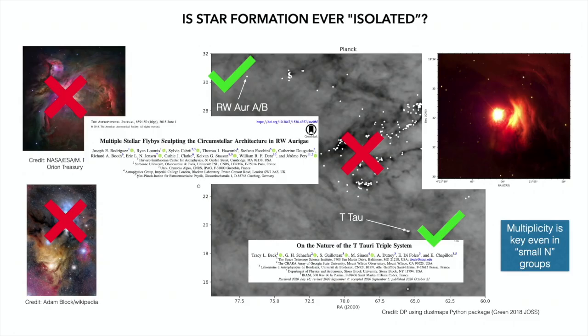So I hear the argument that the simulations are too dense, but clearly in observation we see even in very isolated regions that multiplicity is the story and there's observationally tidal interaction going on. So I agree that you can't infer that from a big cluster simulation, but we see direct evidence of disk truncation even in what they call these small-N groups. More questions?